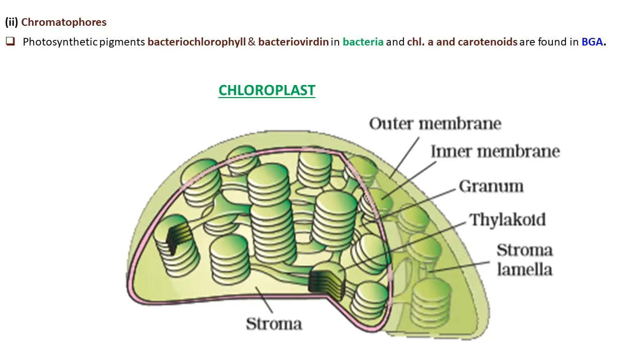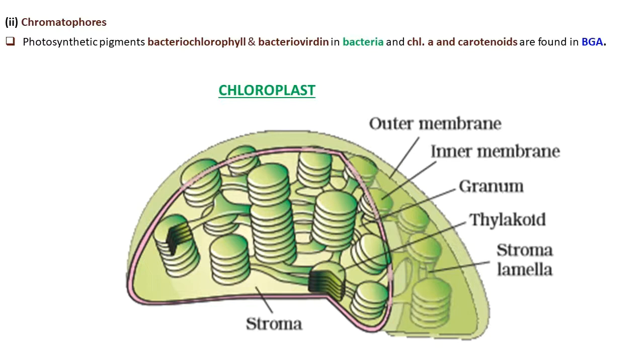Because the bacteria or even the blue-green algae perform the function of photosynthesis, but we can't use the word chloroplast here, because in the chloroplast is present a pigment, chlorophyll. So they don't have a chloroplast. So coming to the next structure, we can say, is chromatophores, which have a photosynthetic pigment, and that pigment differs in the two groups of the eubacteria. So we have started with the eubacteria.